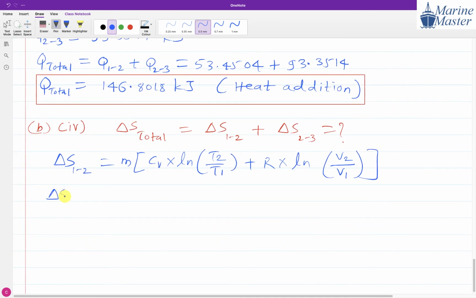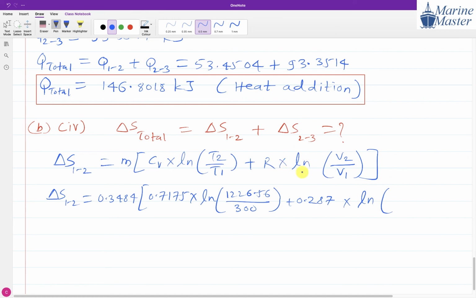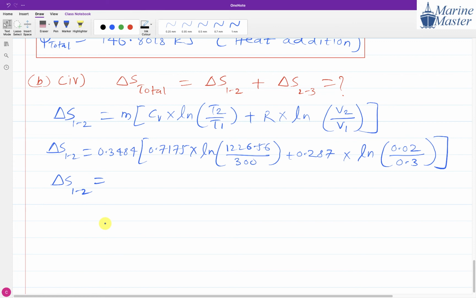So we will first calculate delta S122. Mass is 0.3484, Cv is 0.7175, ln of T2, which is 1226.56, by T1, 300. R is 0.287, into ln, which means natural log. Don't forget about this ln. V2 is 0.02 and V1 is 0.3. So do the calculation with me: 0.3484 in bracket 0.7175 into ln of